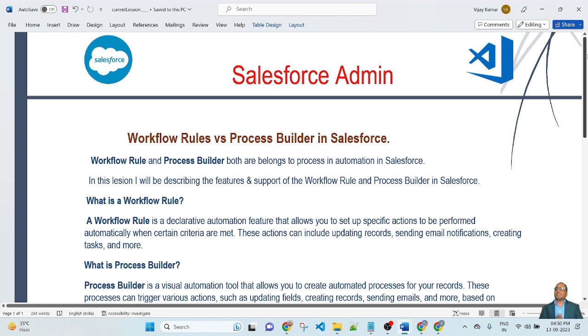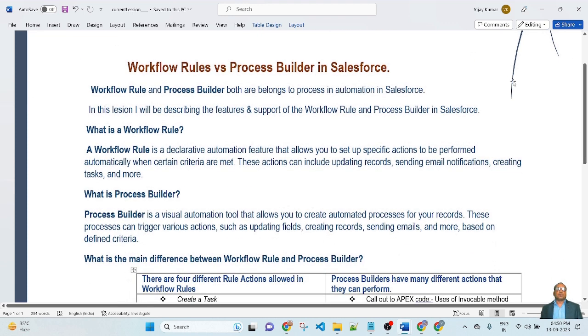So what is a workflow rule in Salesforce? A workflow rule is a declarative automation feature that allows you to set up a specific action to be performed automatically when certain criteria are met. These actions can include updating records, sending email notifications, creating tasks, and many more. What is Process Builder in Salesforce?